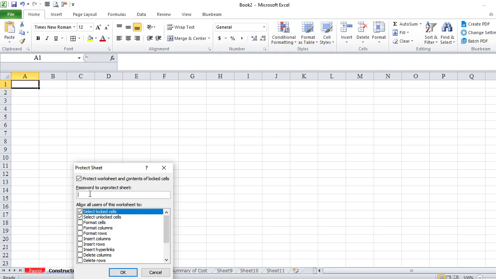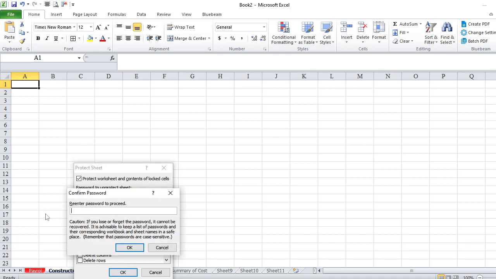It asks for a password, because you have to have a password. If you want to open it another time, you have to give the password, and you don't have to give the password to somebody else. You may have sensitive data, which is very important, maybe institutional data. You may lose it knowingly or unknowingly if it is touched by somebody else. So you have to protect your cell. Let me give 1 2 3 4 as a code or password. It asks you again to confirm 1 2 3 4.